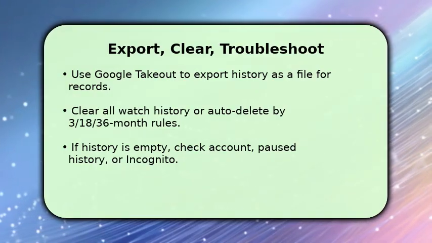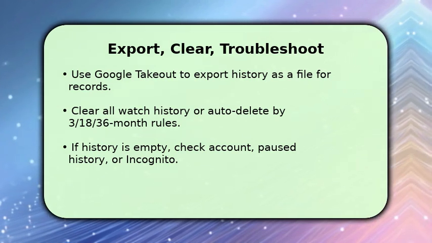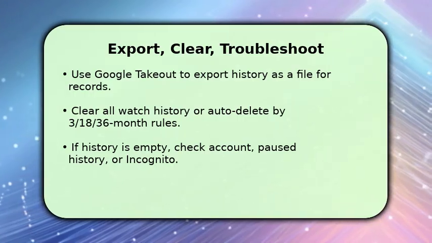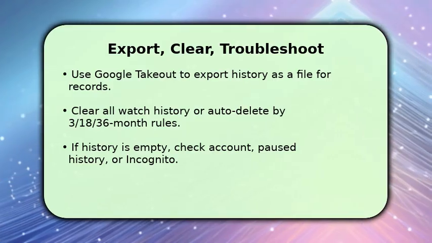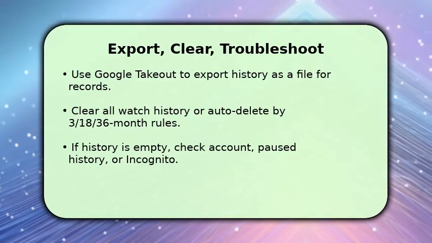Select YouTube and YouTube Music History and follow the export steps. If you prefer cleanup, use Clear All Watch History or set Auto Delete to 3, 18, or 36 months so older items vanish automatically. If you don't see expected entries, make sure you're in the right account, confirm Watch History